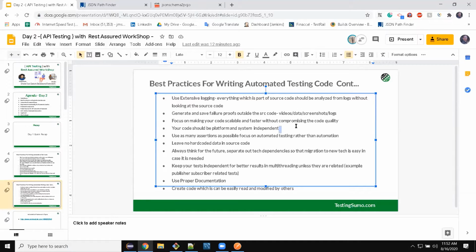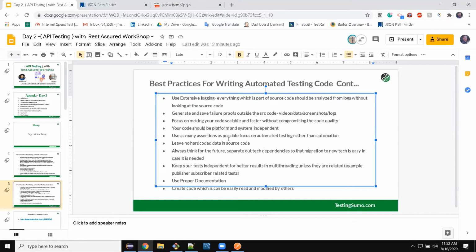So let's say you have some code or a jar which is working for you. You put this in code commit, then another person tries to use that. It is creating an issue, or a compilation issue. Don't do that. Okay, always maintain whether this code would be platform and system independent or not.